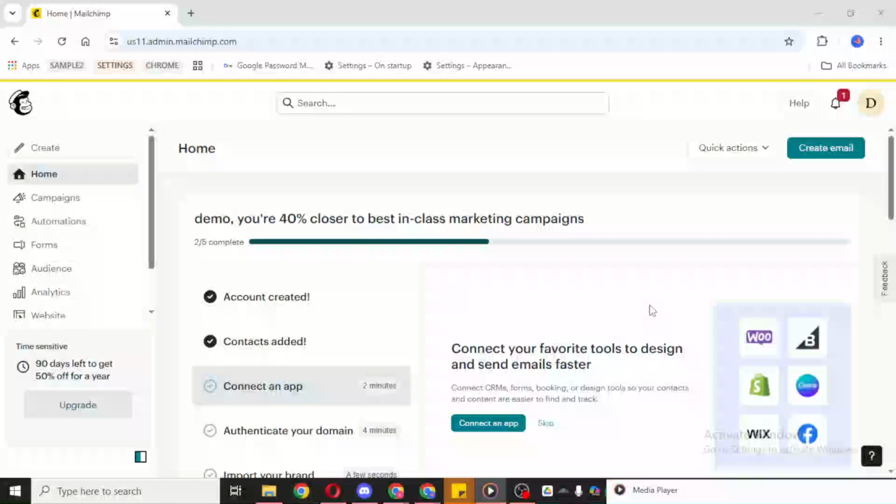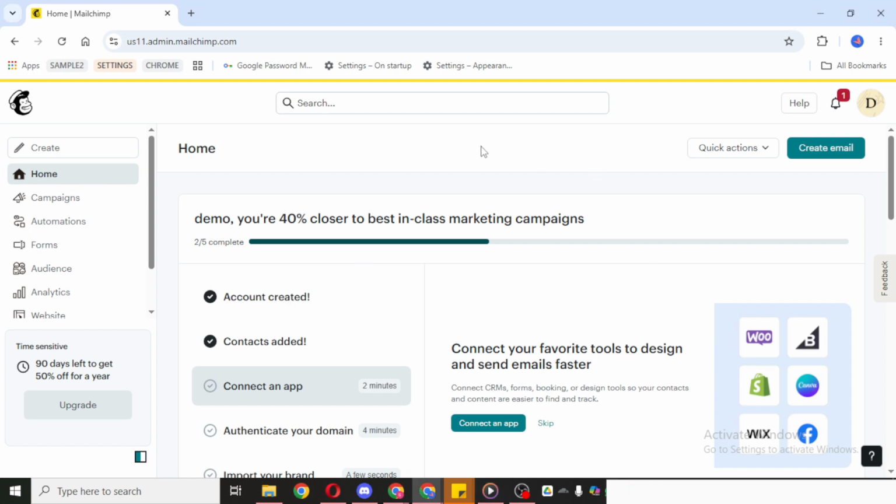In today's video, I am going to teach you how to create an automation in MailChimp. If you want to save time and make your email marketing more consistent, automation is one of the best tools you can use. It allows MailChimp to send emails or start actions automatically based on a trigger you choose, which is perfect for things like welcome emails, follow-ups, or other customer journeys. In this walkthrough, I'll keep things simple so you can follow along easily.